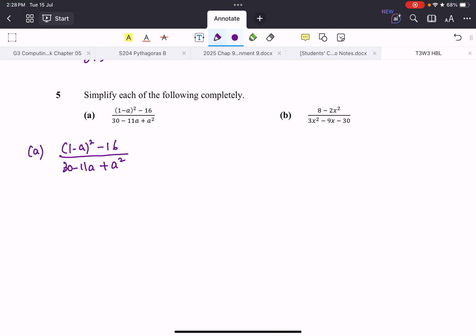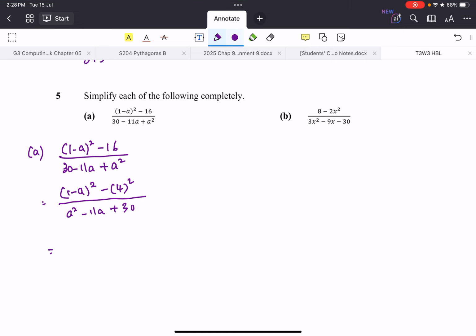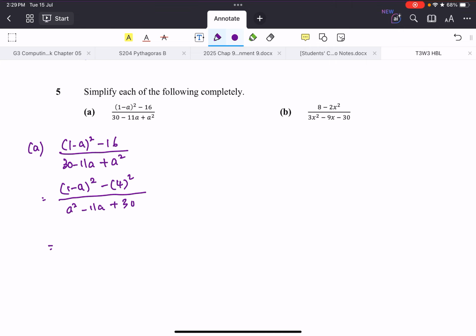So this will be the same as 1 minus a squared minus 4 squared over a squared minus 11a plus 30. So the numerator will be a squared minus b squared scenario, which will give us a plus b, which gives us 5 minus a,